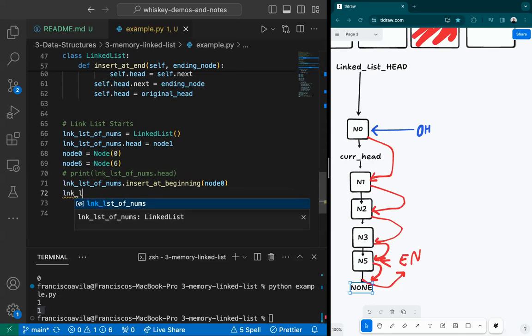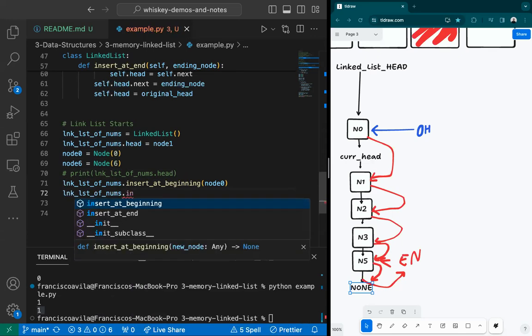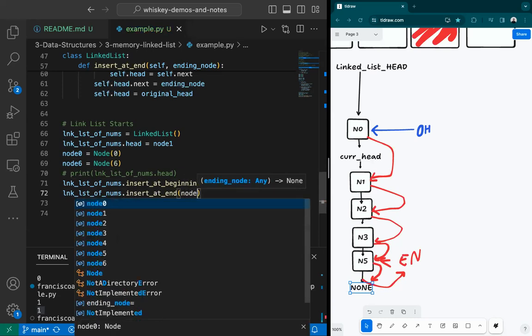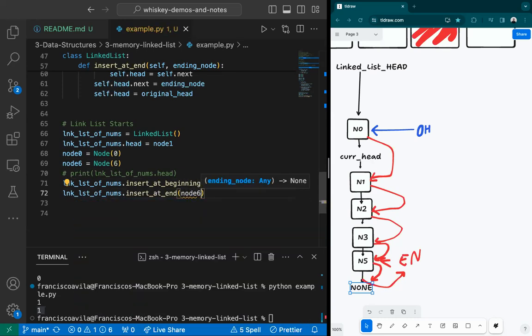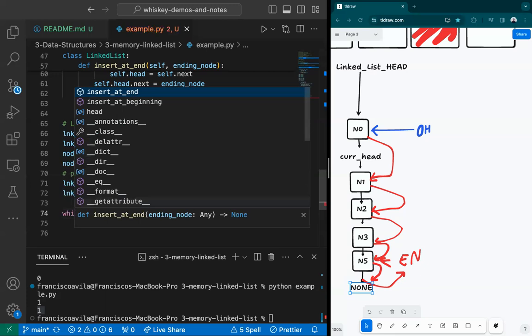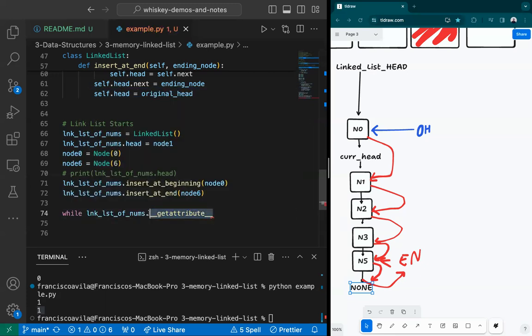Now let's say linked list of numbers dot insert at end node 6. And let's just quickly make a print statement so that we can see each individual link, right? So let's say while linked list of nums dot head